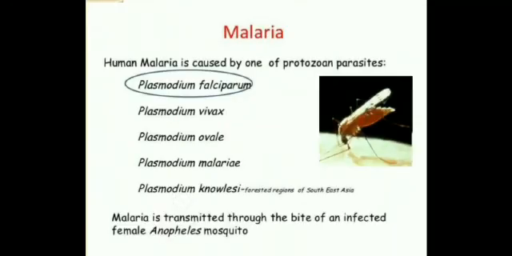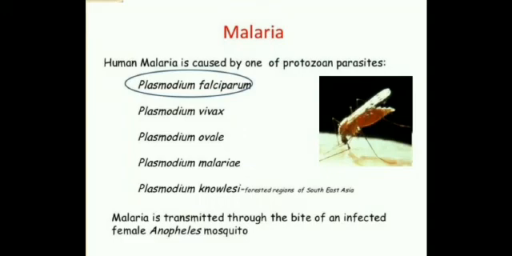Hemoparasites means parasites that are found in the blood. The first disease is malaria. Okay, malaria is caused by the parasite Plasmodium, and the Plasmodium has mainly